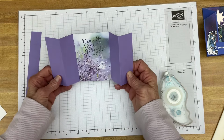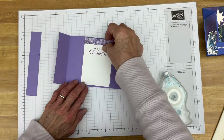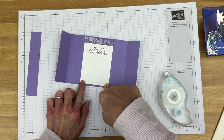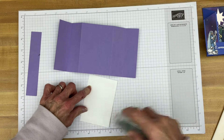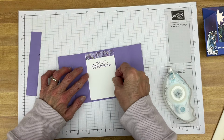Let me push that out a bit. There we go. And now I'm going to put the piece on the back. I think I measured this one differently. This is the one I measured to leave a little bit of a border, so it's 2 3/4 by 4. Make sure I'm facing the right direction. And there we go. And now this one, I told you, you can dress it up or you can keep it really simple. So we're going to keep this one really simple, but I do have